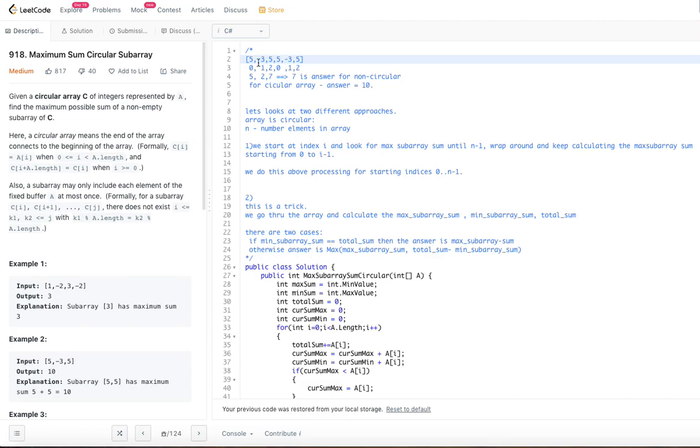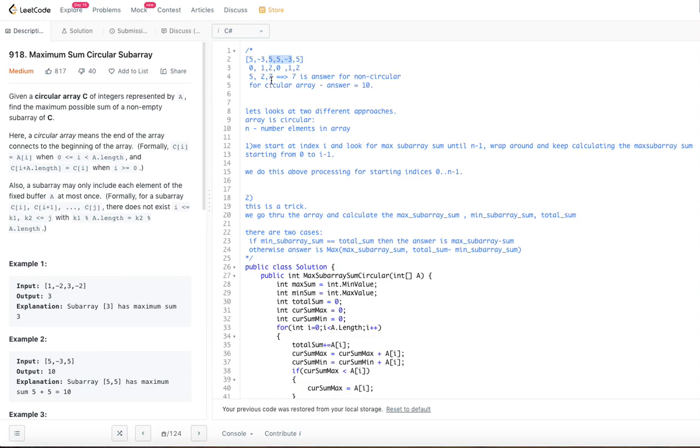So you start at 1 and end before 1, so your subarray is like that. Next, you start at 2 and end before 2, which is another subarray. Likewise, you are essentially covering the complete wraparound array.